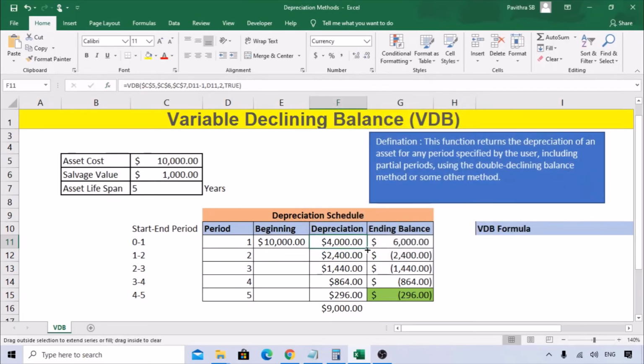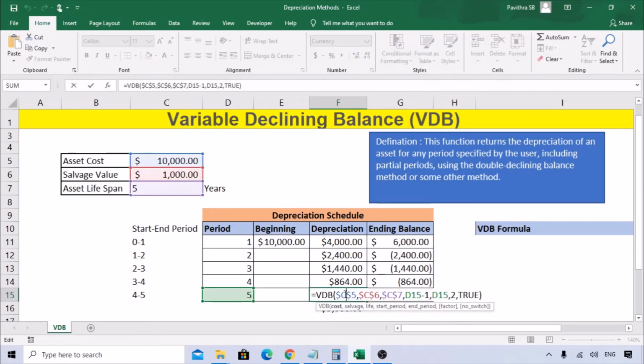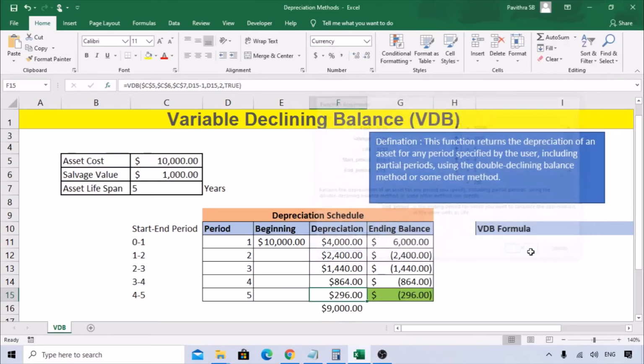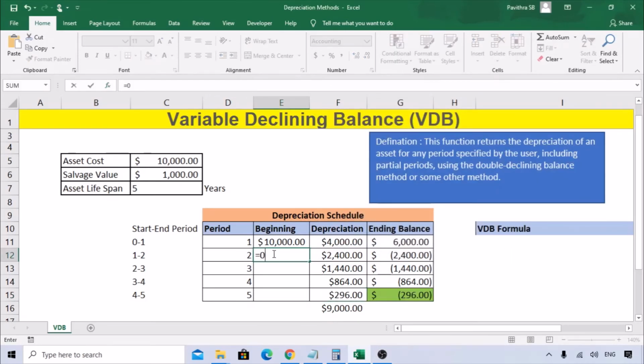When you copy this formula down, you can see here again, 5 minus 1 is 4 for start date, again 5 as the end date, as 5 year. So it's very simple. You need to understand the concept where you should select the start date as 0 to 1, 1 to 2, 2 to 3, 3 to 4, and 4 to 5. When you add up all this,